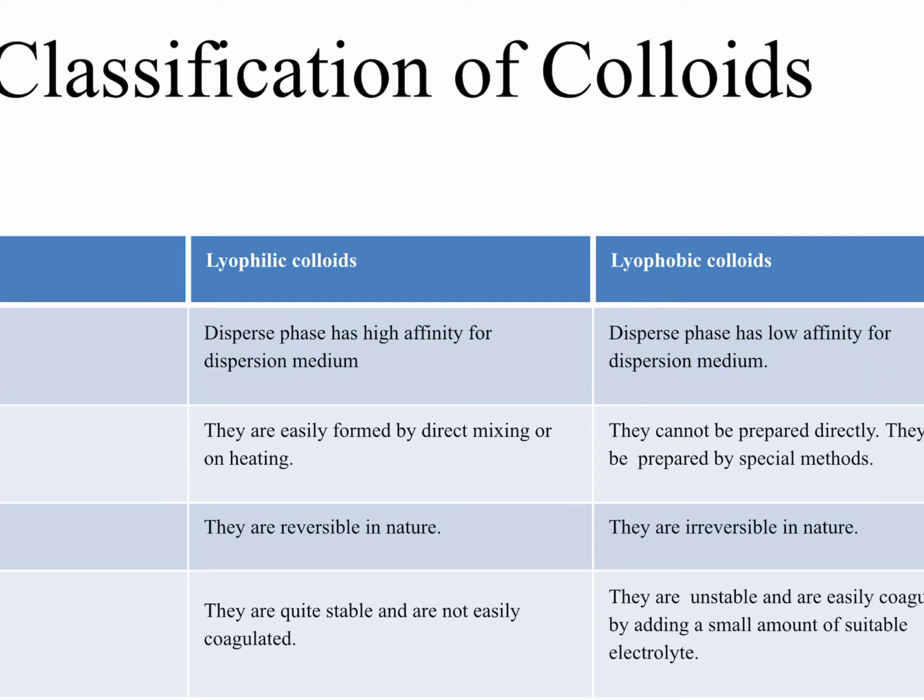Since they carry identical charge, these particles repel each other and don't come together. But when we add electrolytes like alum, this charge can be neutralized, and once the charge is neutralized, they come nearer to form larger aggregates and